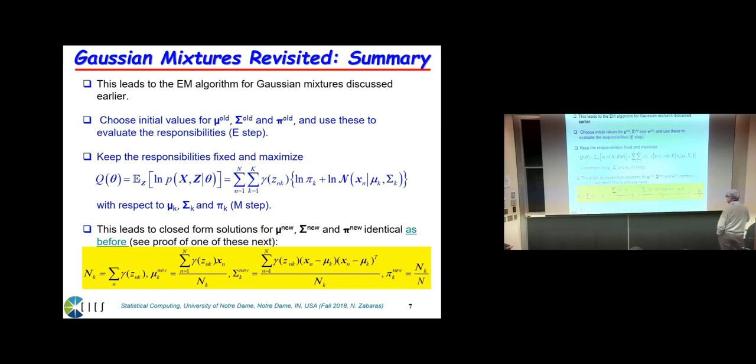And on the bottom, you see the results. And the results actually make a lot of common sense. Actually, even without taking derivatives, you can guess that the results will look like this. So you can see the covariance is like an MLE estimate. The only difference is that every point is weighted by the responsibility the K Gaussian is taking in explaining point